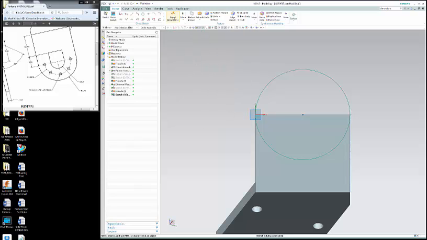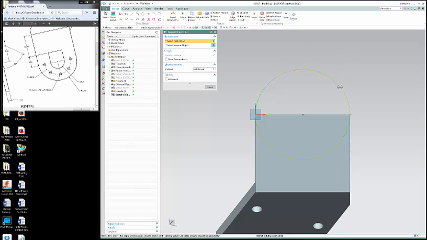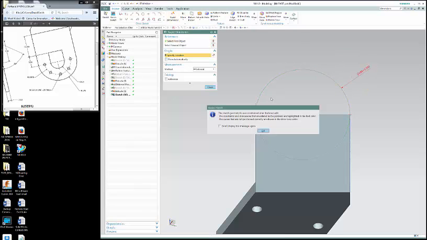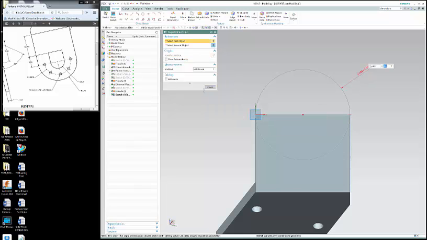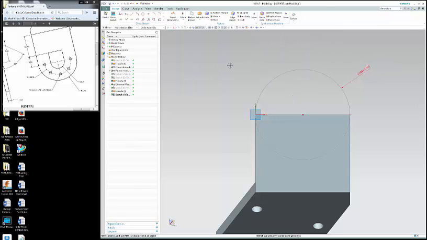Now we better go ahead and dimension that. Should be 3.5. Over constrained, so we don't have to put that in there. It came in, so we're good. See, the sketch is over constrained, so we can click on this and delete it. And note it says it's fully constrained. So we'll finish the sketch,